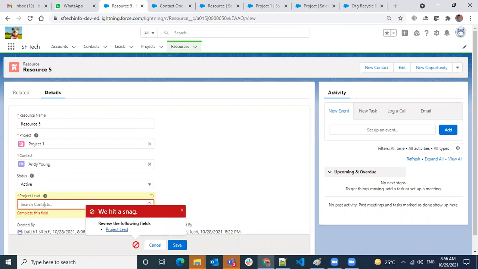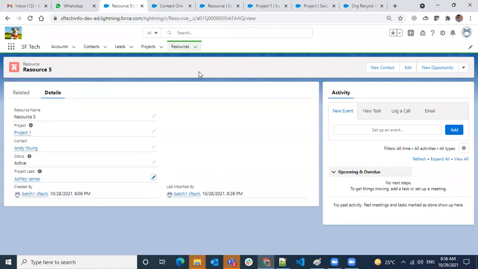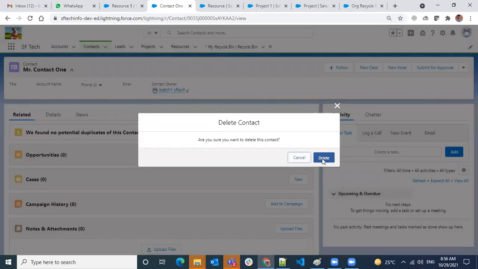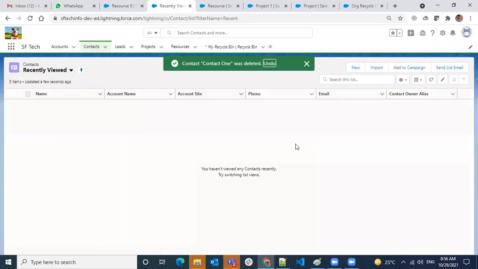And it's saying it's a required field. You have to select a different lookup field. So you have to remap and do a save, and then go here and delete, then it will allow you to delete. That means it's not linked to any of the resources. Even if you do an undelete, it does not change any of the child records.